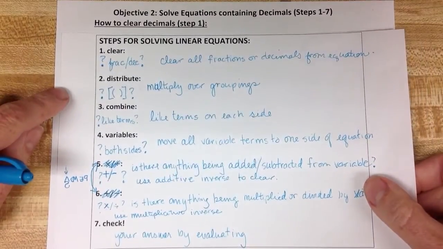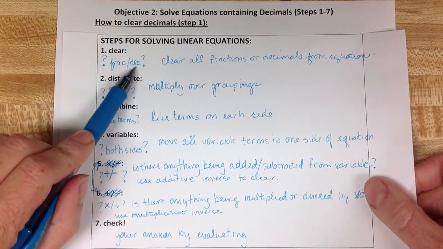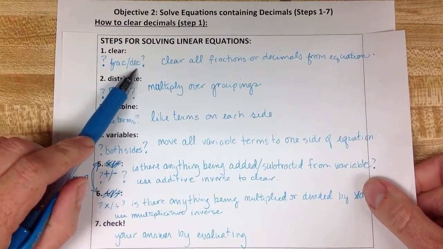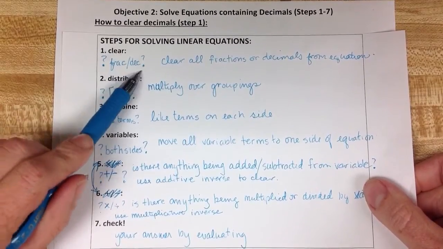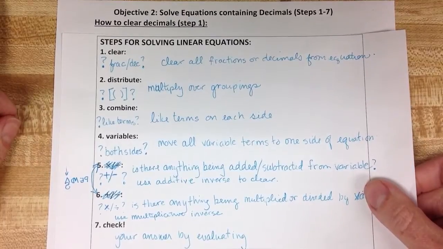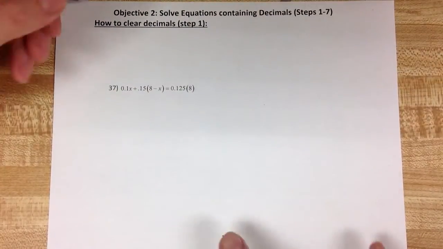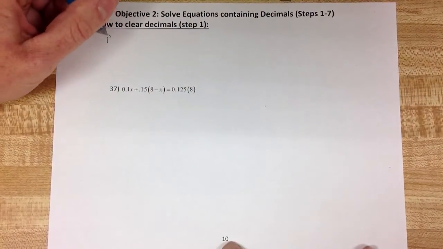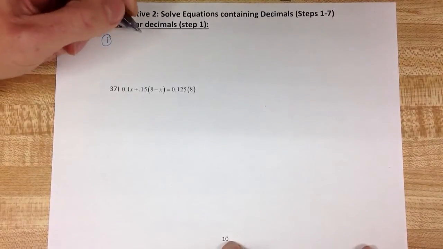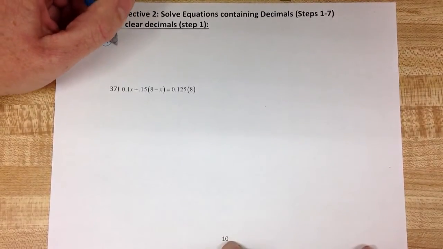Objective 2 in this section is teaching us how to do step 1 if our equation begins with decimals in it. So how to clear the decimals from a linear equation. There's just one rule for this one. To clear the decimals from a linear equation, you multiply